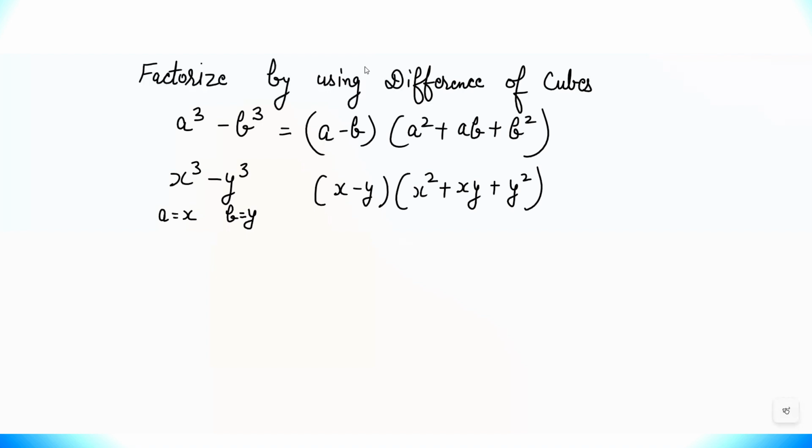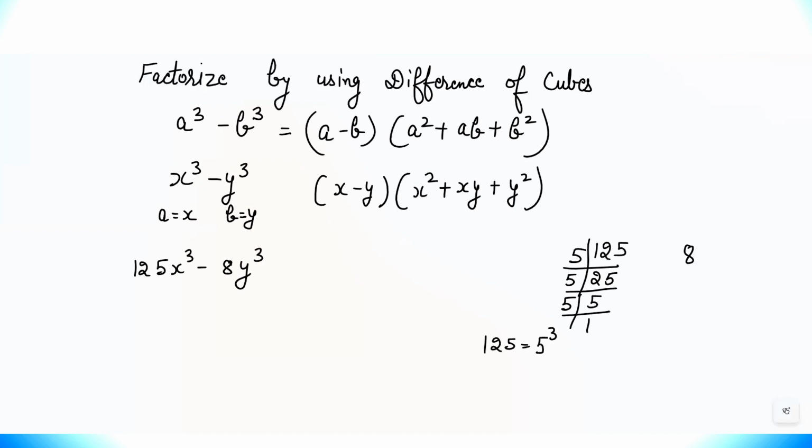Similarly, if I take 125x cube minus 8y cube. So 125, if I make the prime factors of it, I will get 25, then 5, then another 5. So 125 can be written as 5 cube. Similarly, for 8, 2, 4, 2 2s, then again 2 1s. So 8 can be written as 2 into 2 into 2, that means 2 cube. So this can be written as 5 cube x cube minus 2 cube y cube,